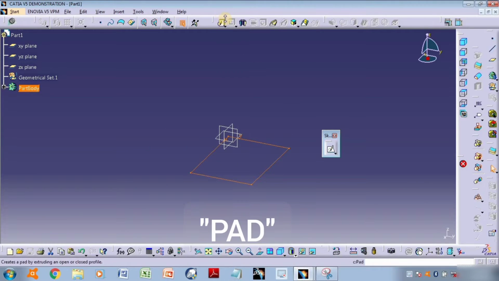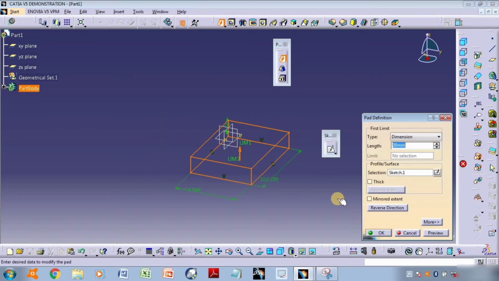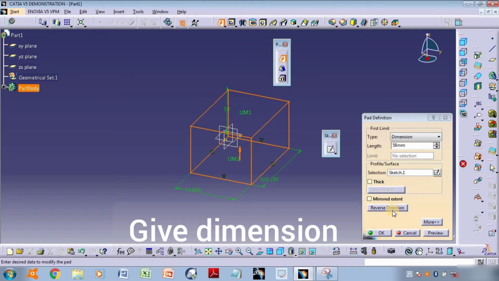I use this pad command for extruding this sketch. So I can drag it, simple pad. Then okay. Here this is limit 1 and dimension.